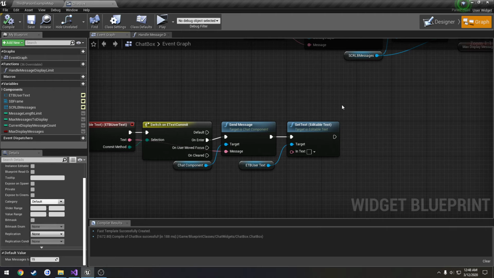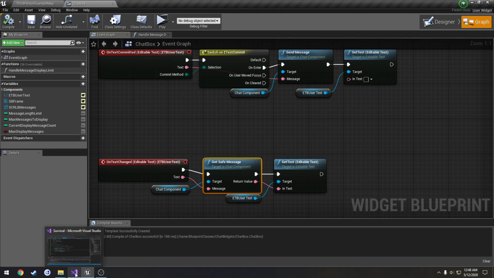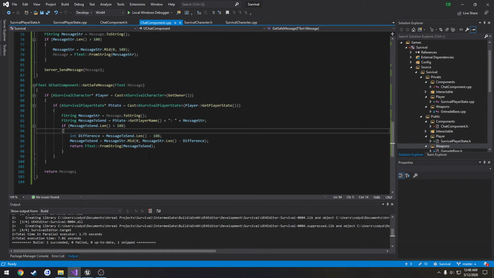So obviously we set our chat box to run as our HUD. But now we modified our get safe message function to include our player's name. So what it's doing is it's taking into account the length of our player name, which is currently just our desktop name. We haven't set up any sort of functionality to get our player name, for example. So because of that, we just need a way to compensate. So we're still within that 108 character limit,